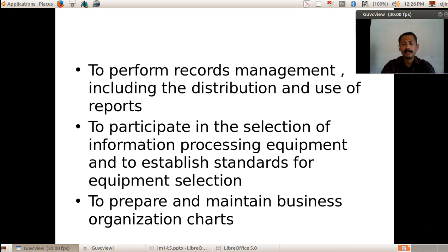Okay, the development will be done using teams: study team, design team. If it is a major company, then